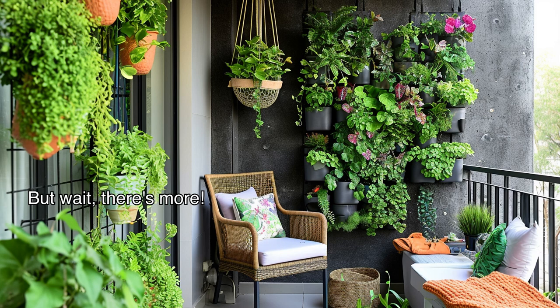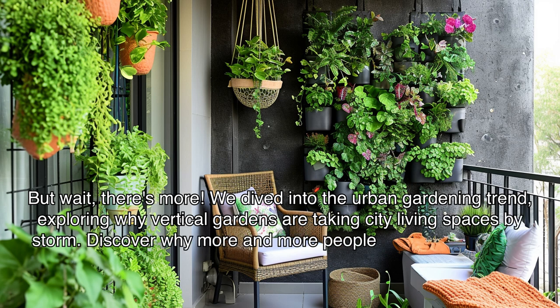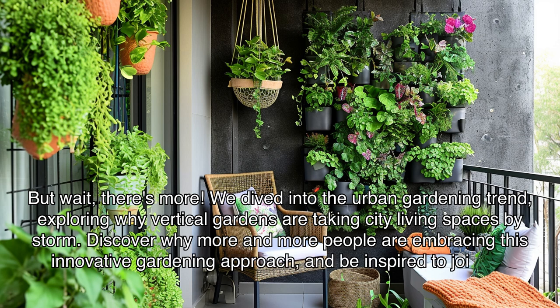But wait, there's more. We dived into the urban gardening trend, exploring why vertical gardens are taking city living spaces by storm. Discover why more and more people are embracing this innovative gardening approach, and be inspired to join the